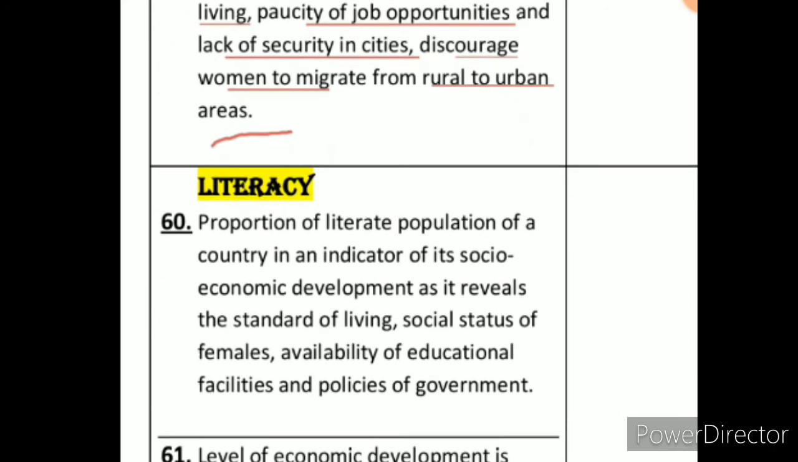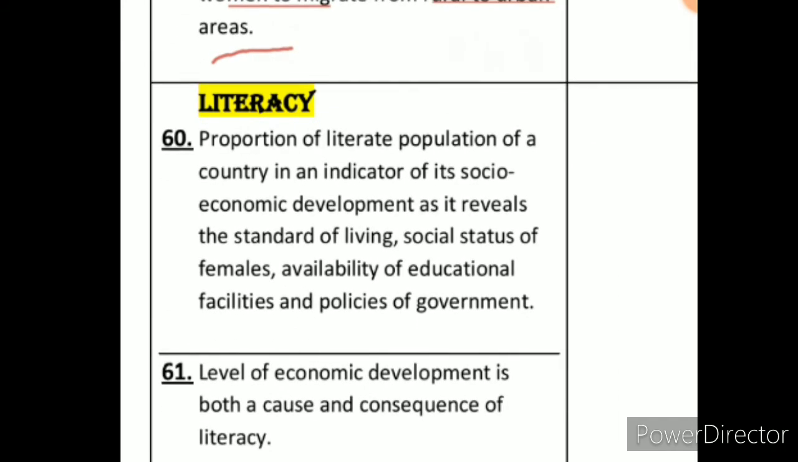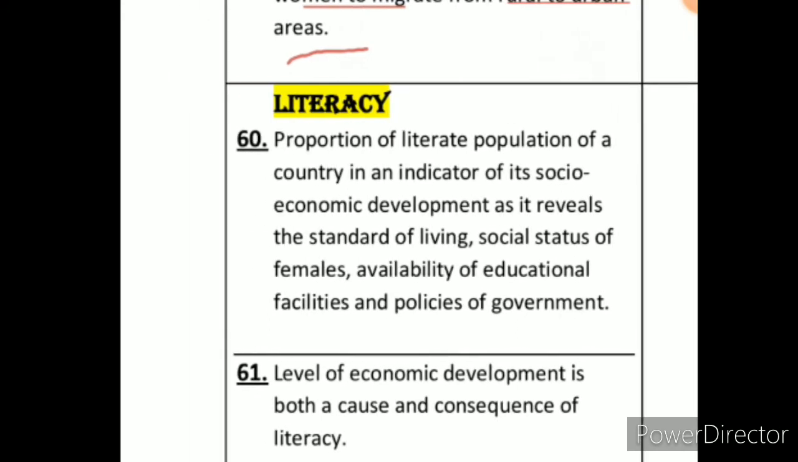Then we'll take on literacy, okay. Then we'll take on literacy proportion of